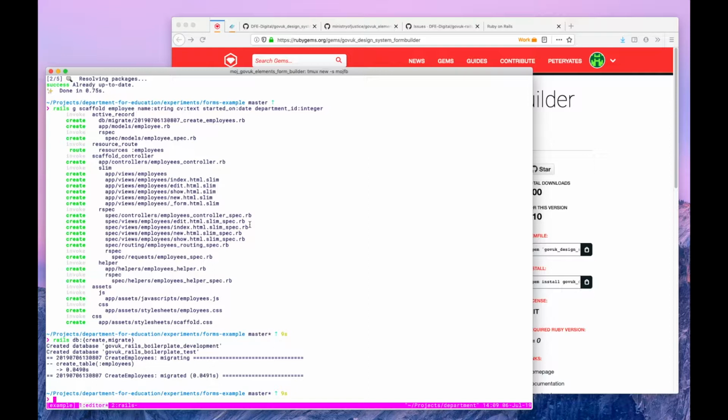So yeah, this is a clean implementation. It's taken inspiration from the MOJ one, but everything's been written from the ground up, hopefully to make it a bit easier to understand, to extend and to test. So we've generated our model,